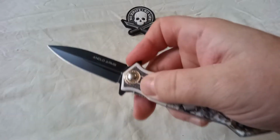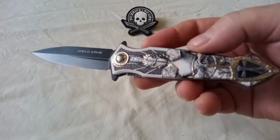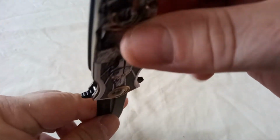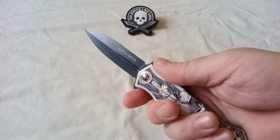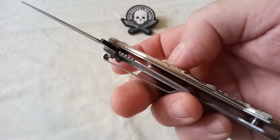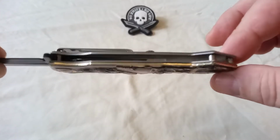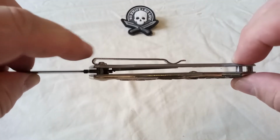Nearly. This, I guess, is some of the thinking recently that we may not be able to have flipper knives in the UK. Fortunately, we still can. There's a bit of jimping on either side of the flipper, which gives a nice little quality touch on a fairly cheap knife. The frame lock there, and a fairly simple construction, 2 pillars there, and then this pin holding